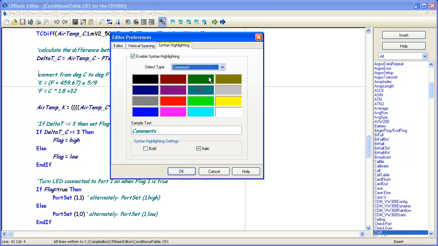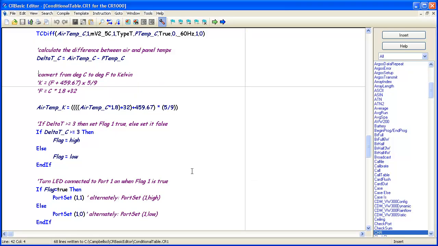Let's select Comments. The default color is a greenish blue. We can change that to purple by clicking that color. You can see what it will look like here. Now let's take a look at the matched parentheses type. These show up in red, making it easier to see groupings in your math expressions. Placing the cursor on an opening or closing parenthesis highlights both halves of the parentheses. Syntax highlighting makes your program easier to read and edit.